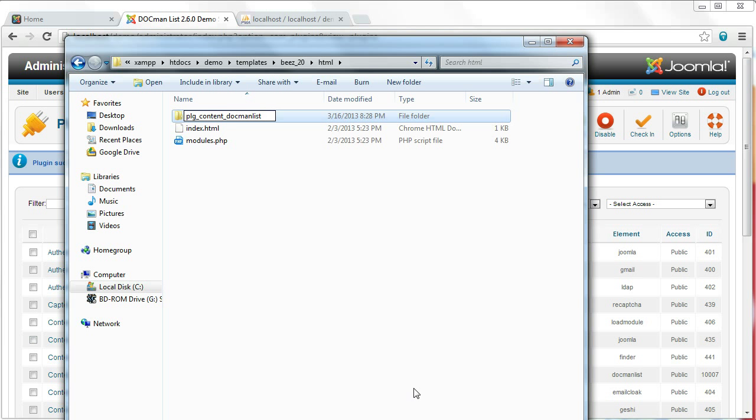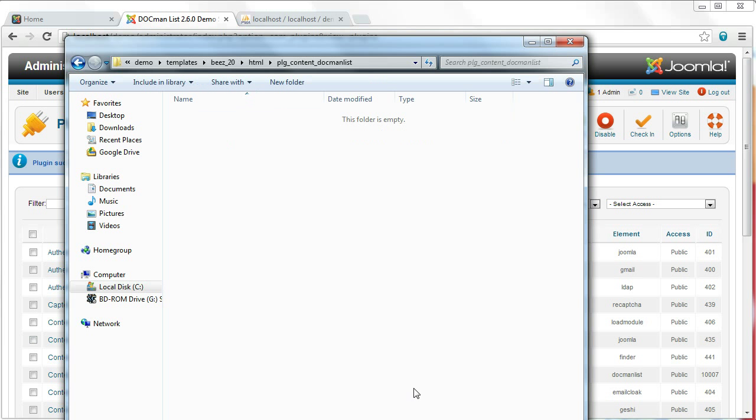This is the exact folder name that I'm looking for: plug_content_DOCman list. You could throw in your override, so you can leave it the same name if you want to override that particular layout, or if you want to create your own custom layout,